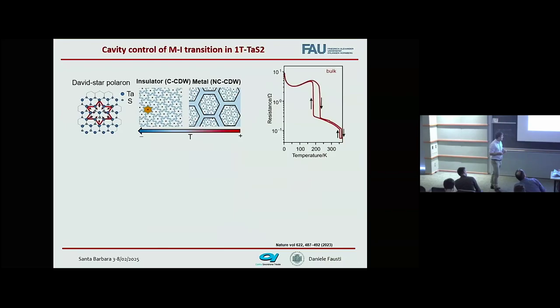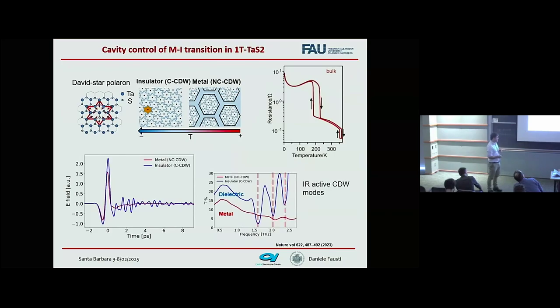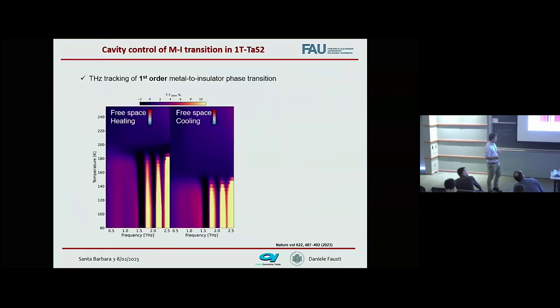The metal insulator transition is associated not to the single particle properties of the electron, but to macroscopic transport of charge density waves. We have an observable to measure this phase transition: the terahertz transmittivity at two different temperatures, in the dielectric phase and in the metallic phase. In the dielectric phase, you have very sharp resonances associated to phonons, which are screened in the metallic phase by the presence of free charges. This demonstrates that these phonons are a good observable to define the effective phase transition at which I observe the metal insulator transition.